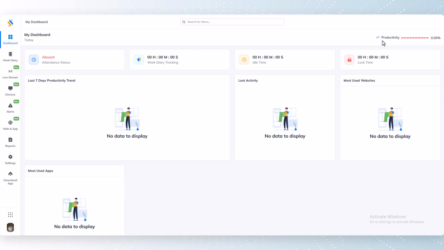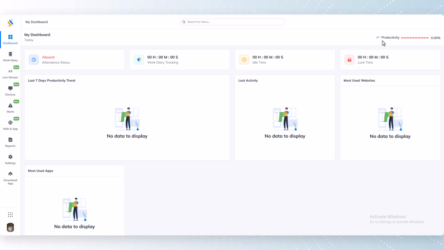The system automatically captures data like website usage, application usage, screenshots, and time spent on each activity, and everything is recorded day-wise with proper time slots. Once the policy is enabled and assigned to that particular user, the tracking starts automatically in the background. Whatever websites the user opens or whichever application they are using, the system detects it and records the activity along with the exact time. Along with this, screenshots are also captured at regular intervals, so you can clearly see what work was being done at a particular moment.